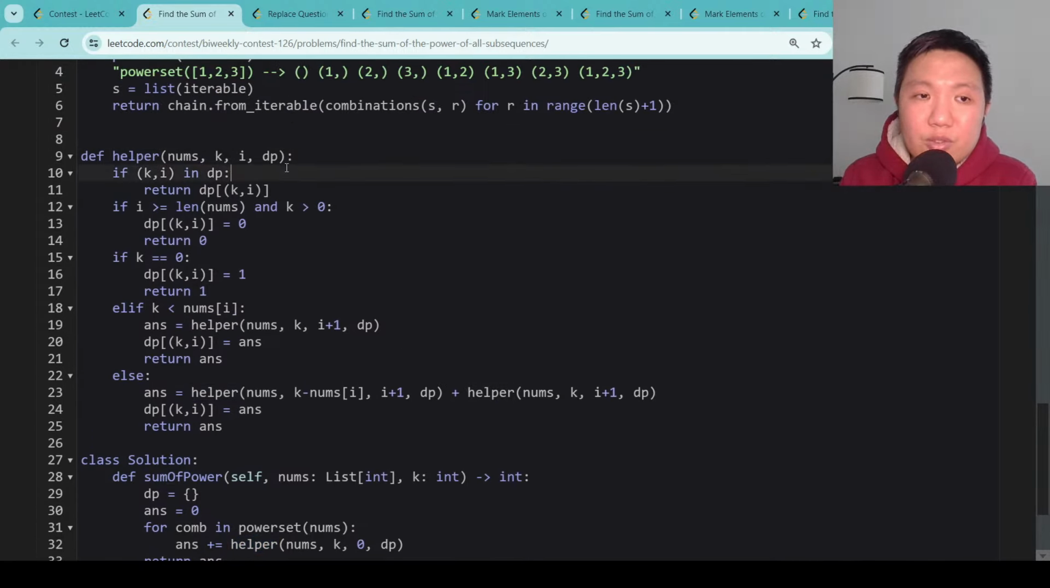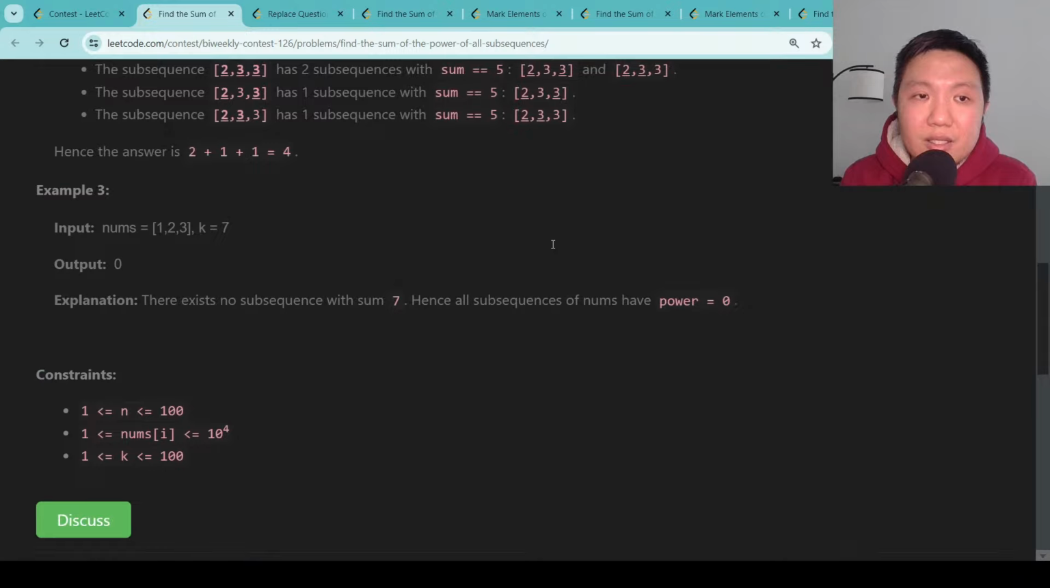So basically what you want to do is, this is kind of hard to read. Essentially what you want is